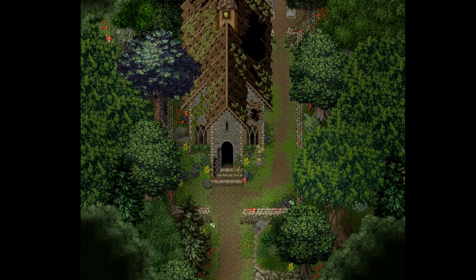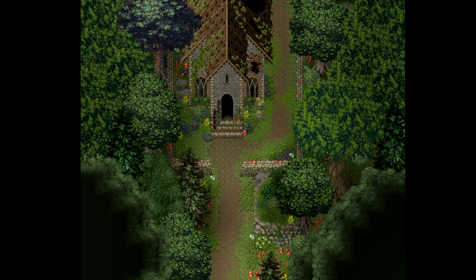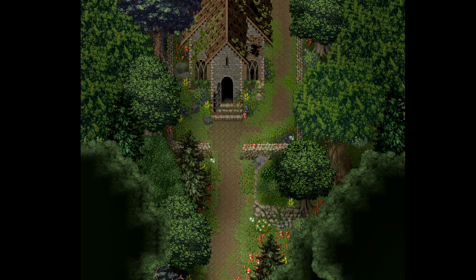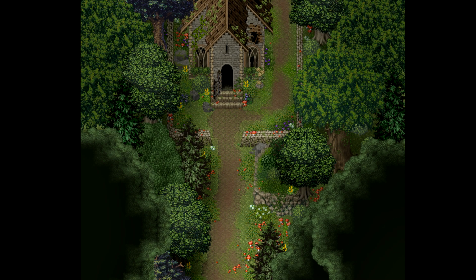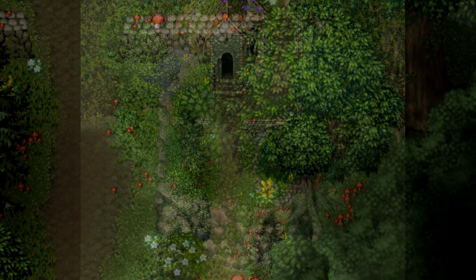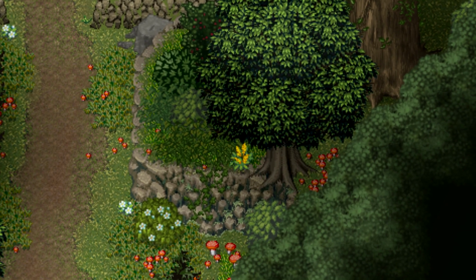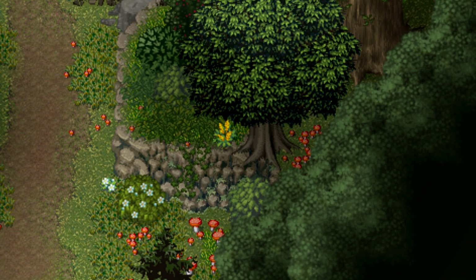I also wanted to emphasize that claustrophobic feeling just a bit, so I added those big tree barrier things. I don't know what to call them. The tree things that fade into black that they used in Final Fantasy V or something. I also added a little elevation. That's just more of that visual noise, to be honest. It doesn't do anything, just adds another layer of visual interest and tells the player you can't walk here, don't